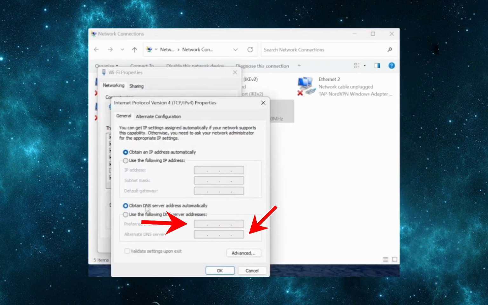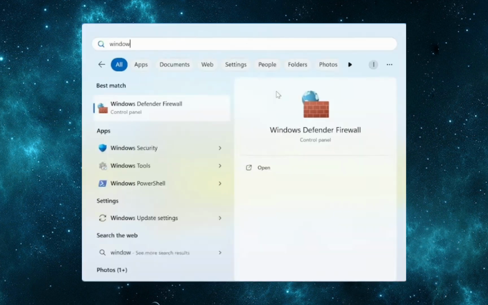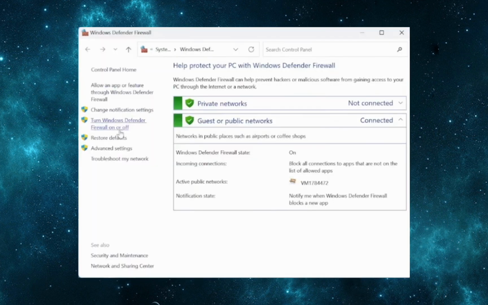Now you have to copy two codes. The first one is 8.8.8.8 and 8.8.4.4. And for the last step you have to go to Windows Defender and click on Allow an